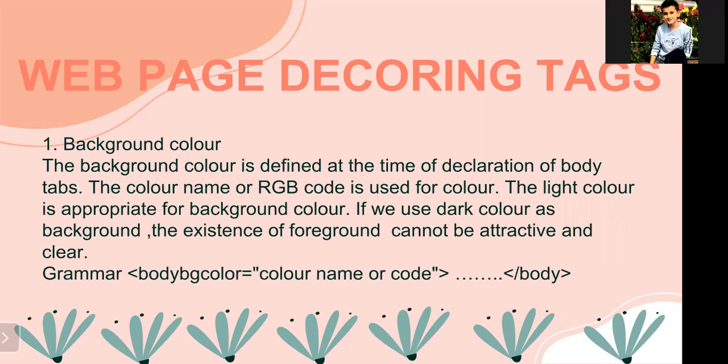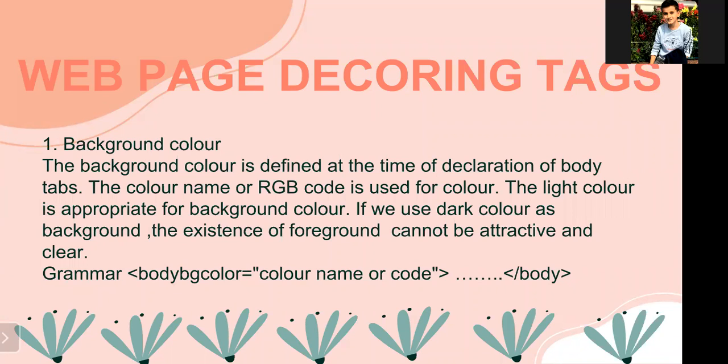The background color is defined at the time of declaration of the body tag. A color name or RGB code is used for the color. A light color is appropriate for the background. If we use a dark color, then the foreground cannot be attractive and clear. Its syntax is angular bracket body bgcolor equals,